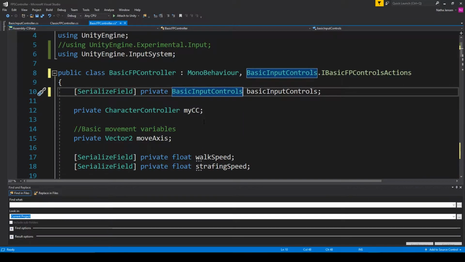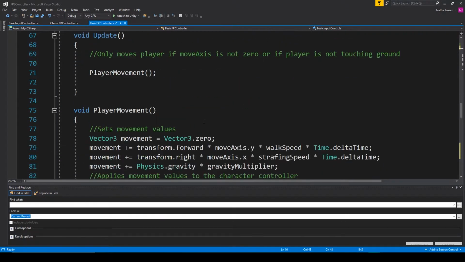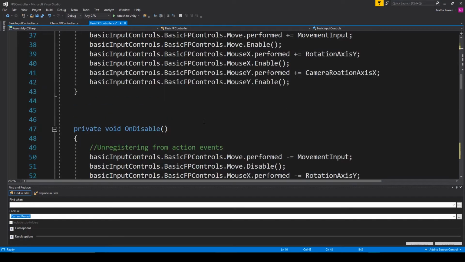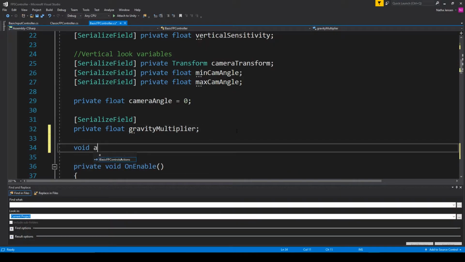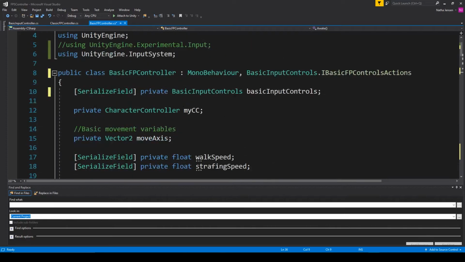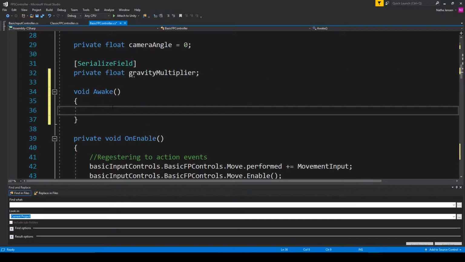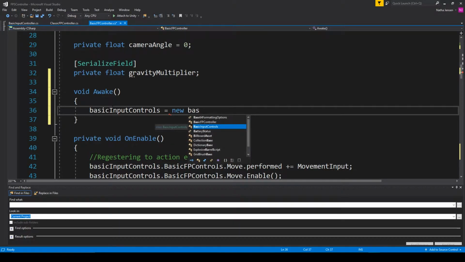So from this point, you'll notice that we fixed all the compiler errors in this script, but there's still a few things that we need to do. The first thing that we need to do is create an Awake function. So I'm going to type void and then Awake. Inside this function, we want to initialize our basicInputControls variable, because for some reason now with the new update, this variable won't be displayed inside the inspector, even if it's public or serialized. So to initialize it, all we have to do is type basicInputControls to get our variable, and then we're going to set it equal to new BasicInputControls with a capital B,